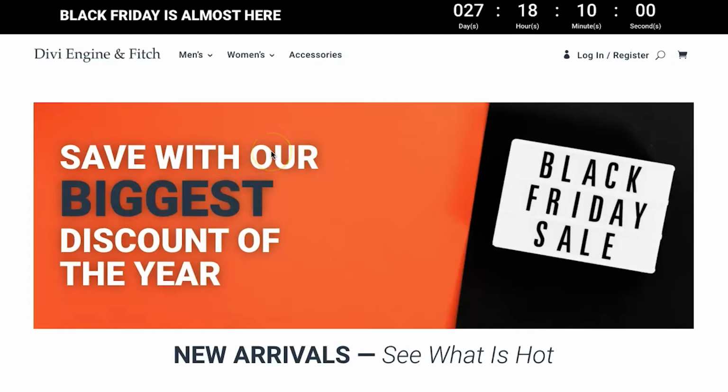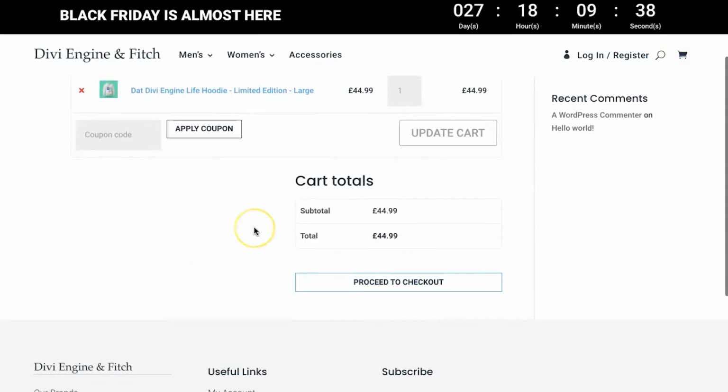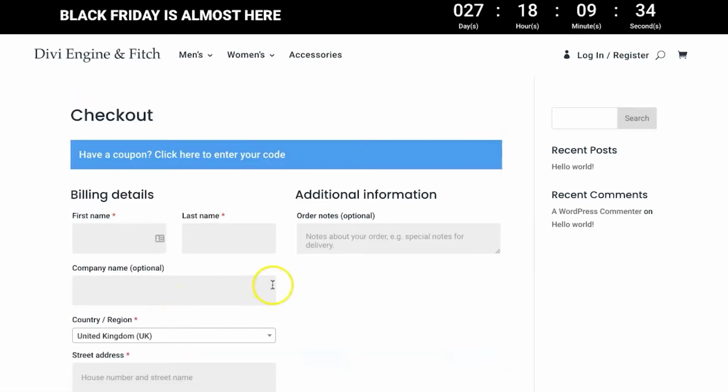Then lastly, I want to show you guys something here. We're going to add conditional logic that will make an offer for the clients when they have visited the cart, but they have abandoned it. They haven't completed the checkout process. So if I go to my cart here, and we're also going to fix this column here on the right-hand side, don't you worry. But when you visited the cart and you go to checkout, proceed to checkout,